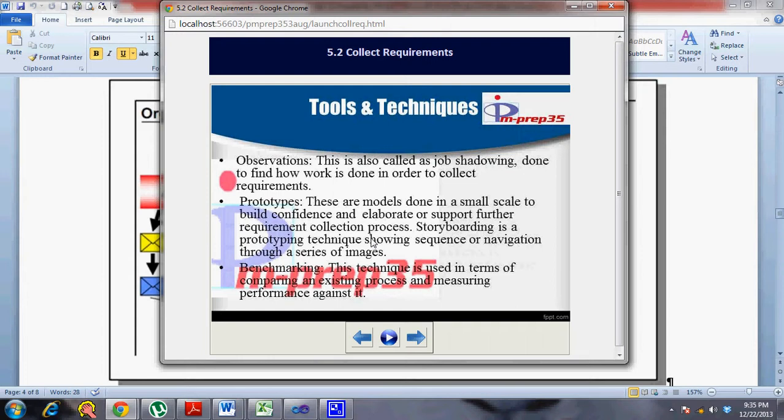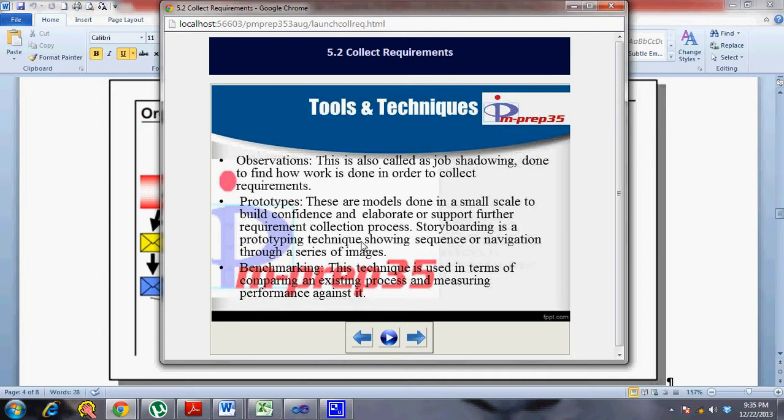So that way observation, on the job observation, is something very important. And once you gather all your requirements, sometimes the customer is not sure what he needs, you do a prototype. So this gives a lot more confidence, and it becomes a basis for coming up with further requirements for the customer. So you prototype something in the form of a storyboard, which is sort of images that you can navigate, and then based on that the customer comes up with more requirements, or you can build more functionalities.